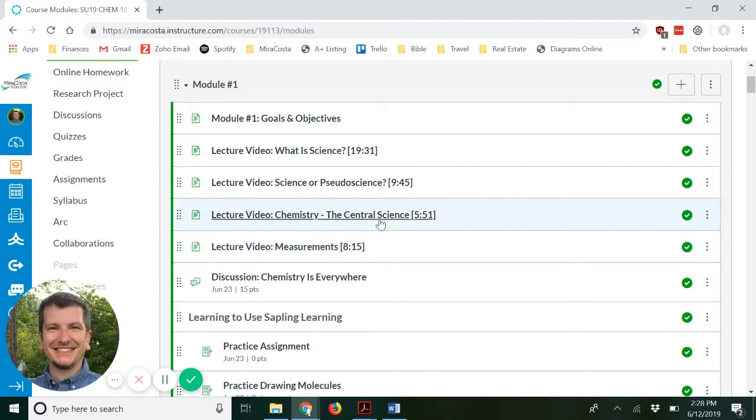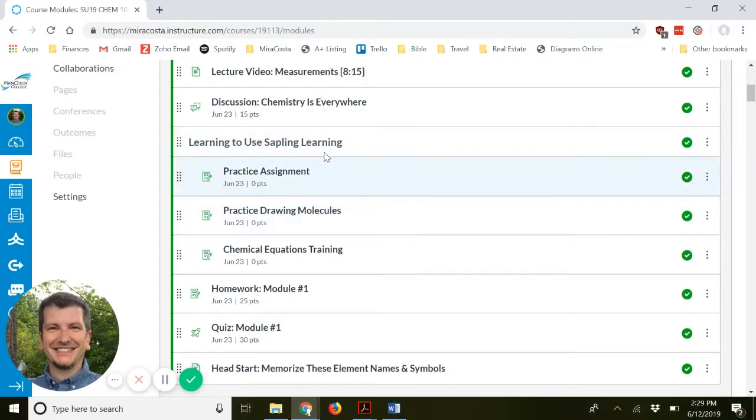Okay, you will also have homework assignments included in each module. The first module has a few little bonus assignments. They're not really worth any points, but I highly encourage you to do them, because these 3 assignments show you how to use the online homework system. How do you enter formulas and numbers, and how do you do the different problem types? And then here's the actual first homework assignment.